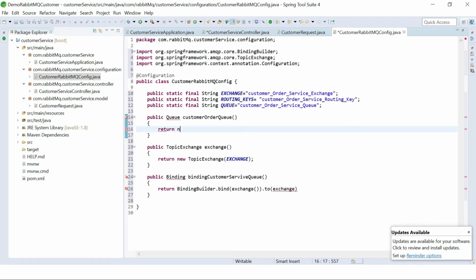Return new queue and name of that queue. So name of the queue is queue only. So we'll give here.